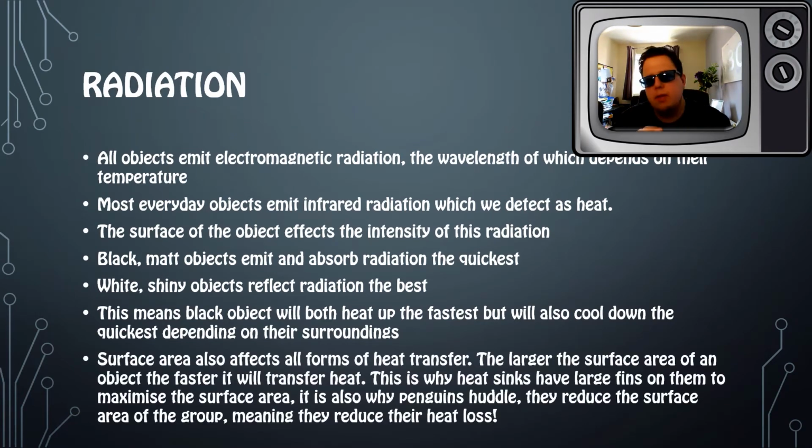Alright, now, the other thing that affects all heat transfer processes is surface area. The larger the surface area of an object, the faster it's going to transfer heat, because it's the surface of an object where the heat transfer takes place. So this is why, for example, if you look at a radiator, radiators have lots of small fins. If you look at heat sinks, lots of fins. This is trying to increase their surface area